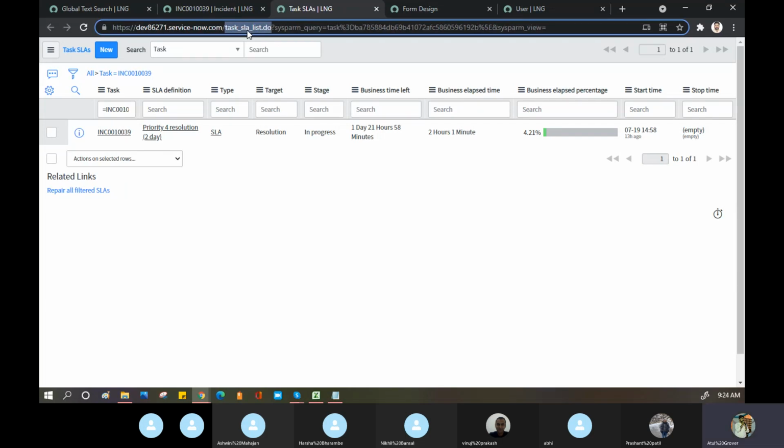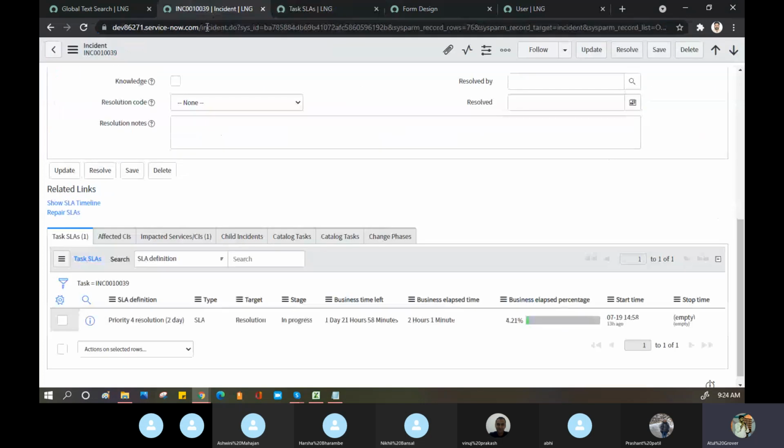Task underscore SLA, and on which table are we working? Incident table. So this SLA table, I bring it on the form just to support my record actually, nothing else. It is not storing any value of incident in this one.